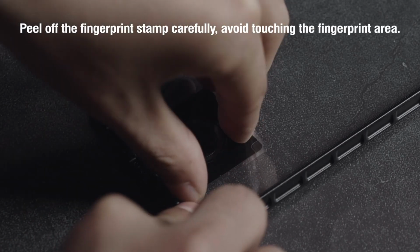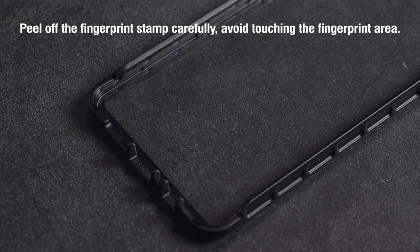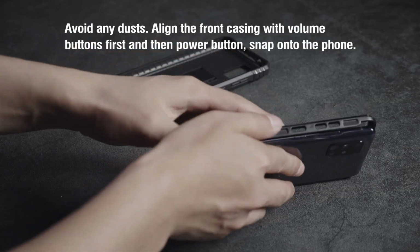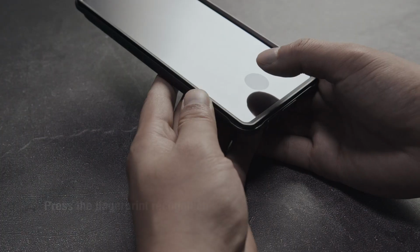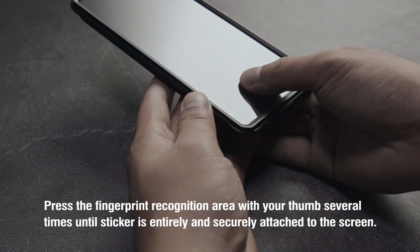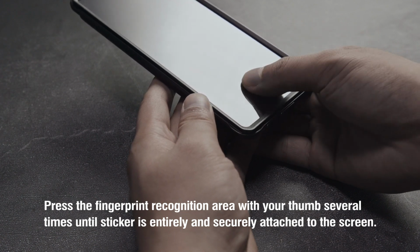Now, let's peel off the fingerprint stamp carefully. Avoid touching the fingerprint area. Avoid any dust. Snap the phone into the front frame. Press the fingerprint recognition area with your thumb several times until the sticker is entirely and securely attached to the